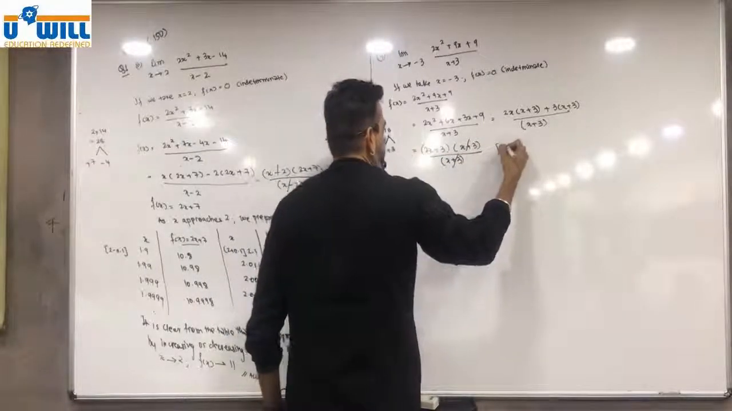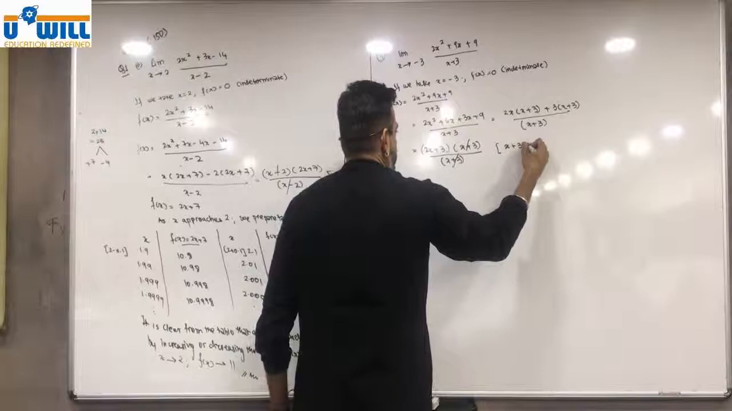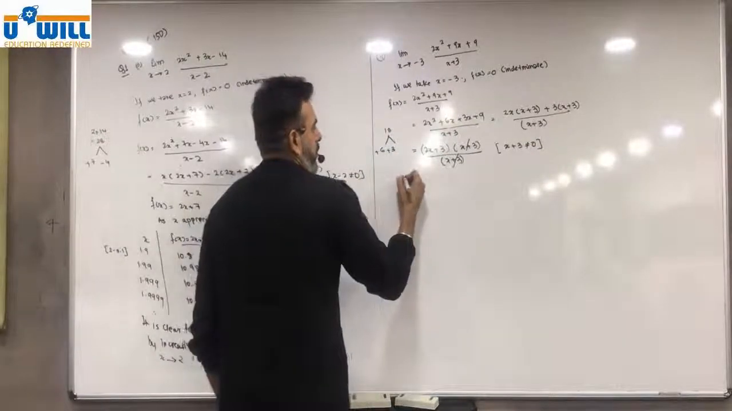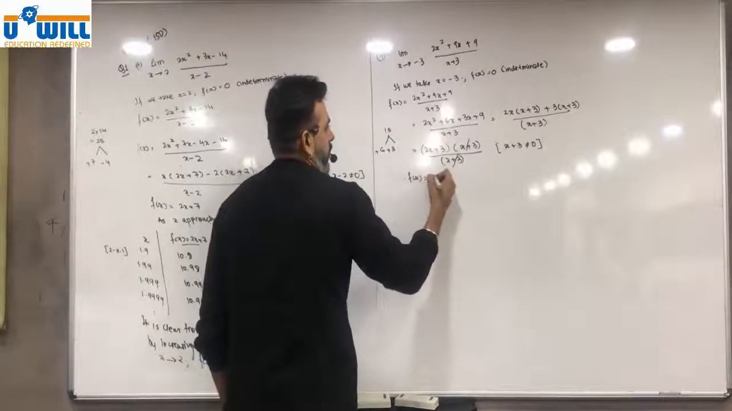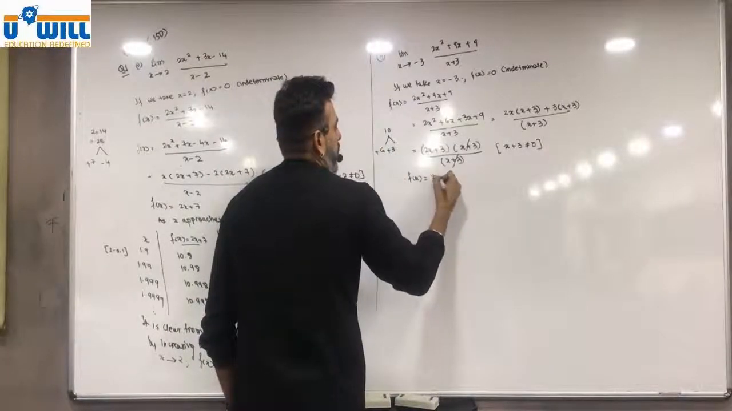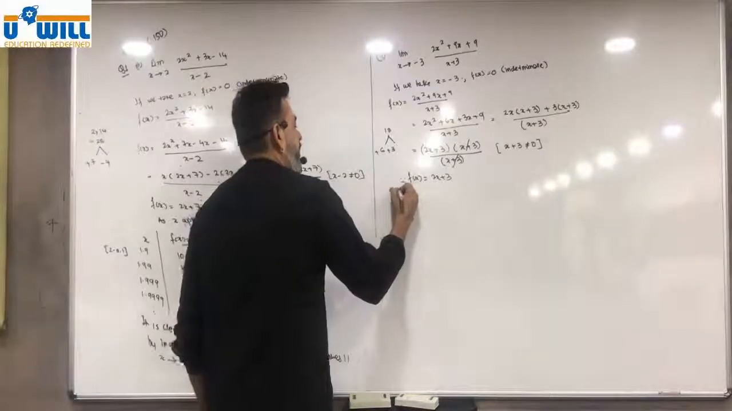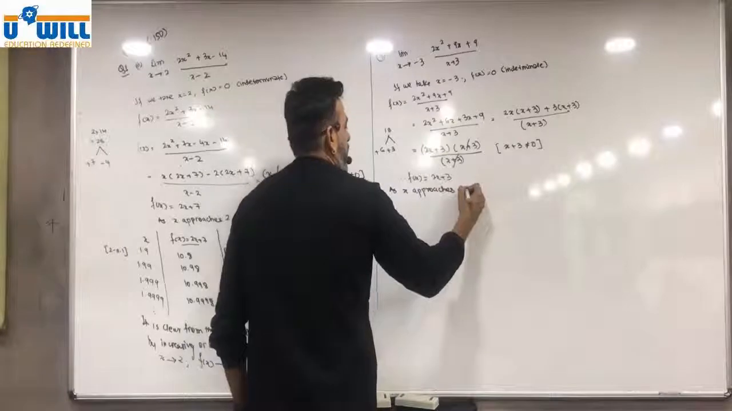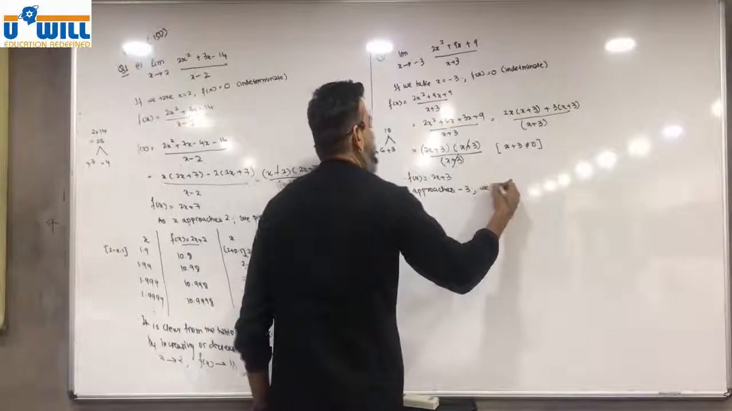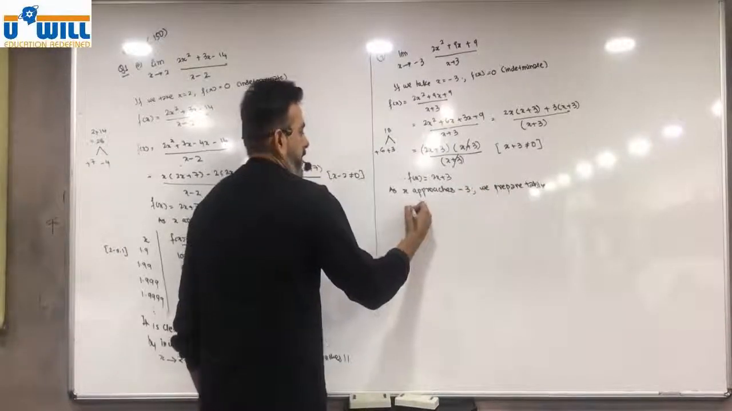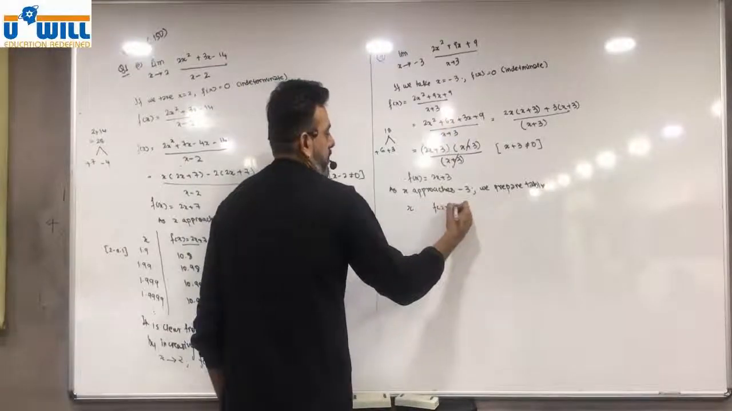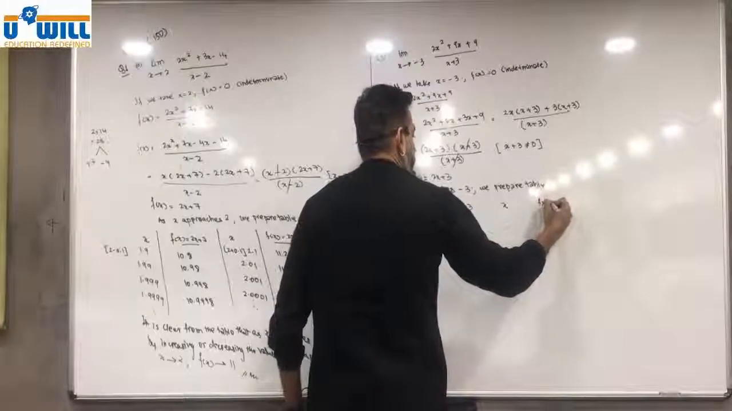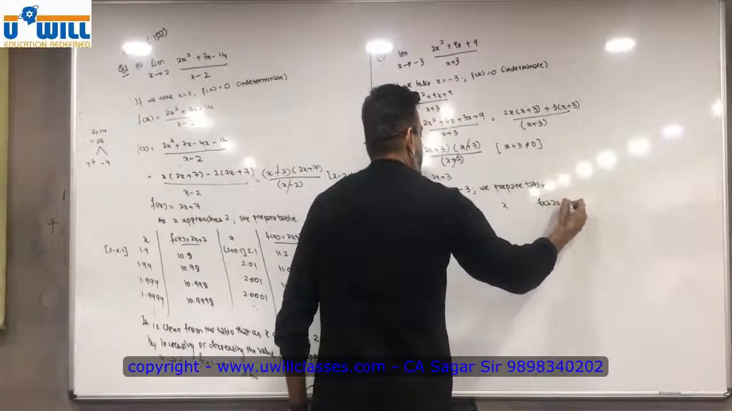Cancel. Why we can cancel? Because we say x plus 3 is not equal to 0. Therefore, f of x is equal to 2x plus 3. As x approaches minus 3, we prepare table. We'll take x, f of x, 2x plus 3, x, f of x, 2x plus 3,